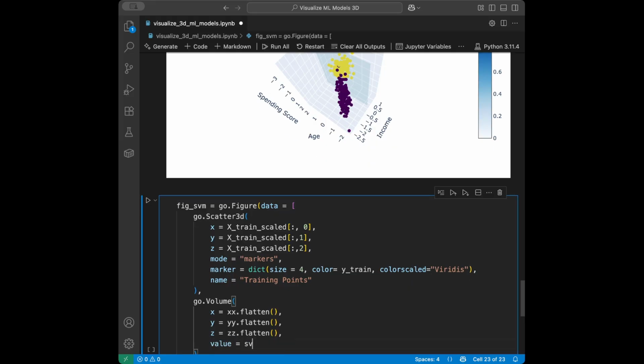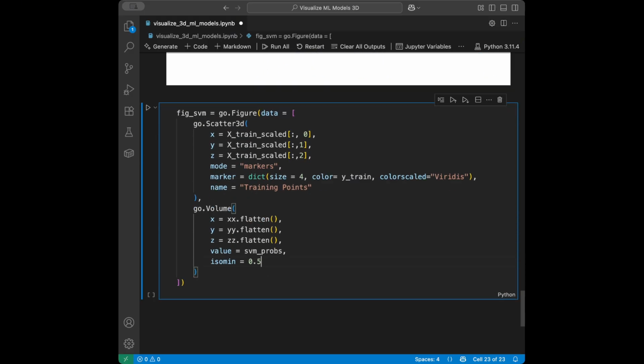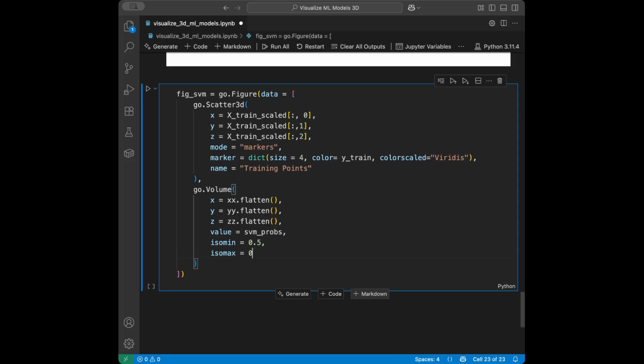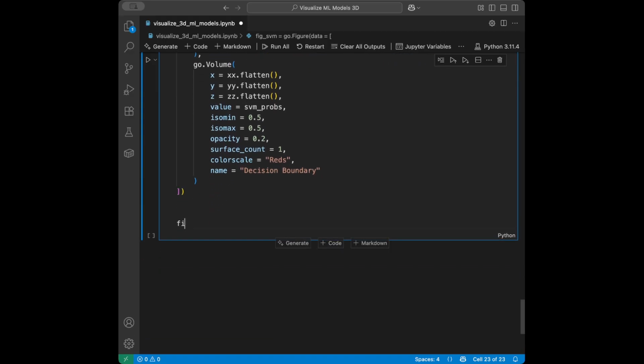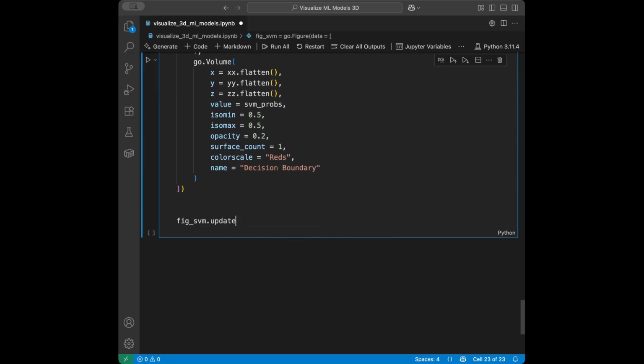Value is going to be support vector machine probabilities, and isomin is going to be 0.5, isomax is going to be 0.5, opacity is going to be 0.2, surface count is going to be 1, color scale, let's say red, and name is going to be decision boundary again. And after that I will say figure support vector machines update layout, and I will say title support vector machines decision boundary,